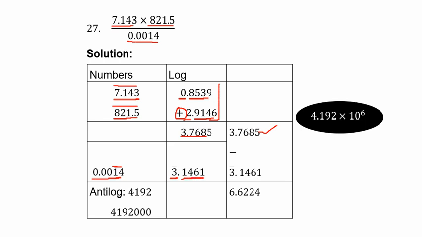1461. So let's take the answer to under the first result. So division of the two parts implies subtraction. So if we subtract these two numbers, we have 6.6224. Next thing is to check the antilog of 6.6224. When we are doing that, we are interested in the decimal part. So we take 0.62 under 2 difference 4. When you do that, you have